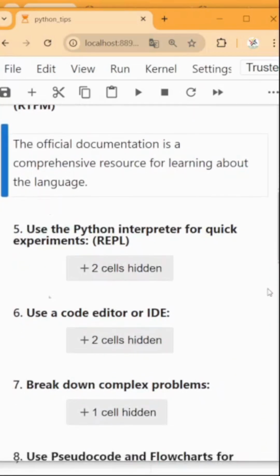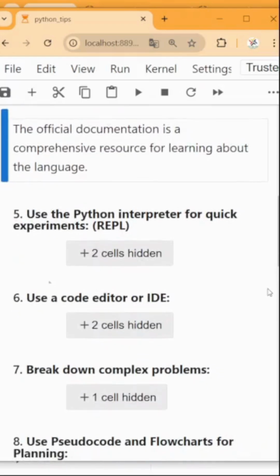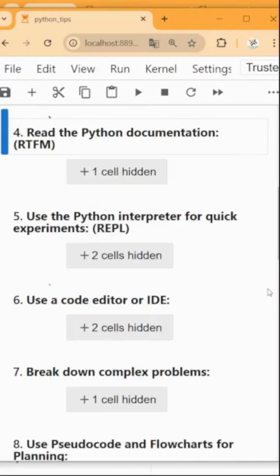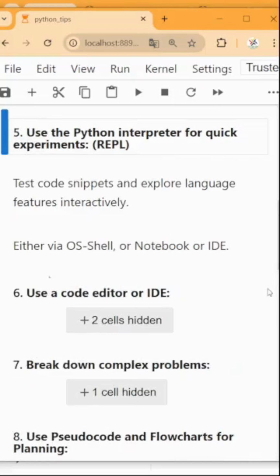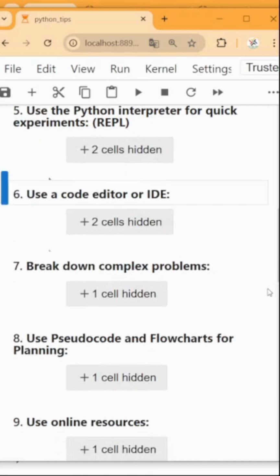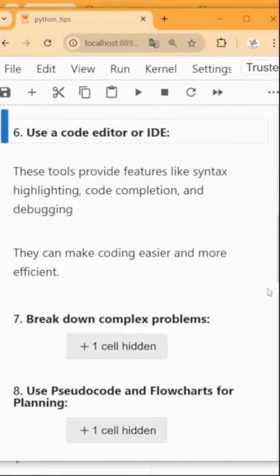Number 5, use the Python interpreter to quickly experiment with code snippets. You can use it either through your operating system's command line, shell, or terminal, or via a notebook, or an integrated development environment, IDE. Number 6, speaking of IDEs, use code editors and IDEs which actually make your coding experience